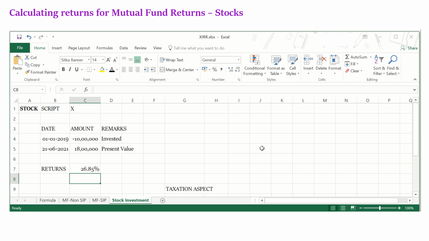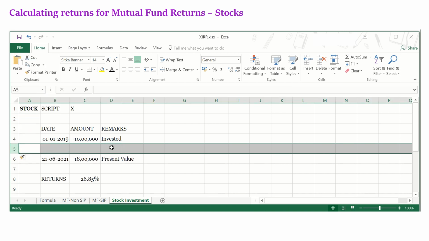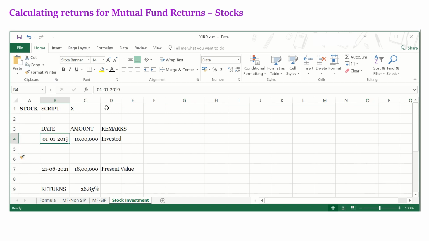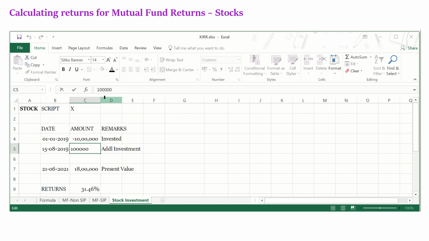Now let us add a more realistic scenario that you averaged out, like every time there was a market fall, you averaged it out by buying more of those stocks, and it happened on different dates. This is happening on 15th August 19. You just invested some 1 lakh additional investment, and since it is negative, it should be minus, though the formula is still valid and it will not show an error. We should be very careful in entering this as a negative value,